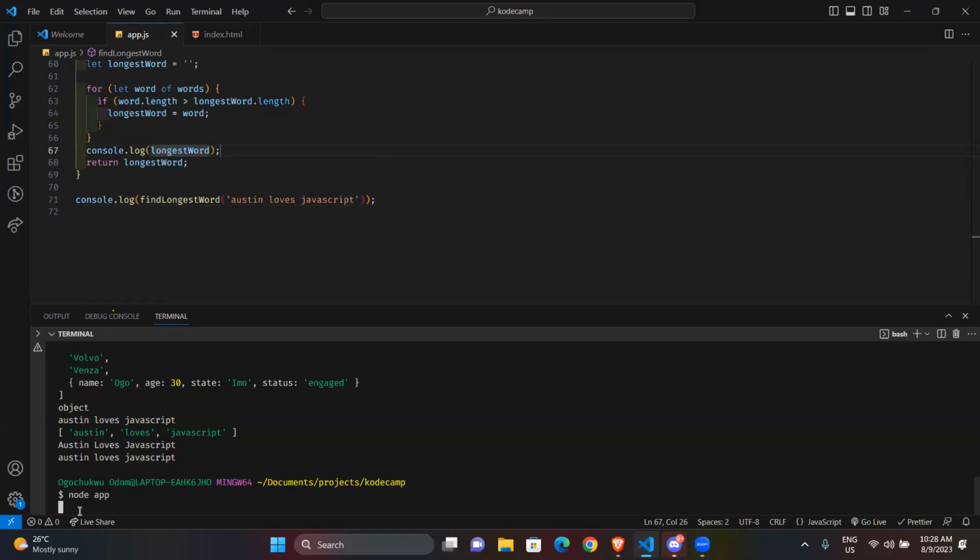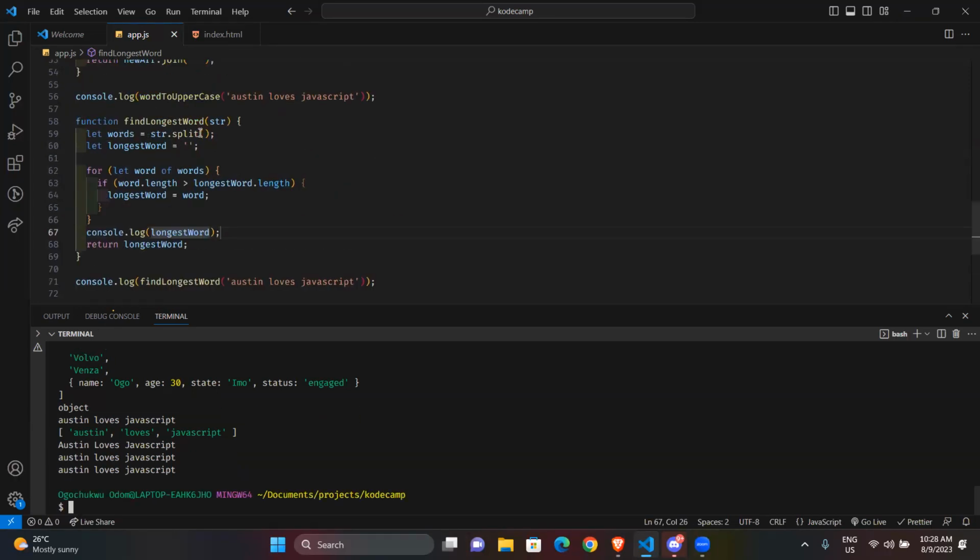There's something I missed out. Okay, so I didn't split properly. Interesting, it just gave me the whole thing. Somebody spotted it. Okay, so let me do that again.